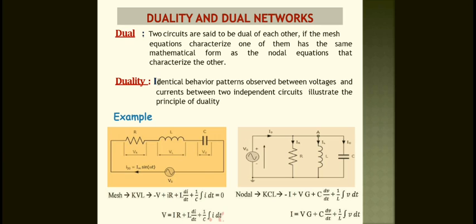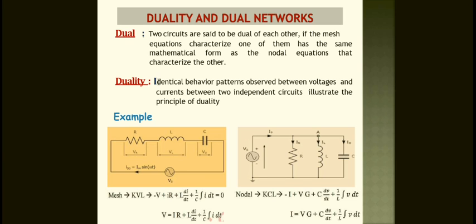These are the equations. Applying KVL, according to Kirchhoff's voltage law, the IR plus L di by dt plus 1 by C integral I dt is equivalent to V, but V will be shifted to here, so the sum of our total circuit voltage drop plus applied voltage is equal to 0. So V is equal to IR plus L di by dt plus 1 by C integral I dt. Similarly, we take the nodal analysis like this. There is exactly the duality.